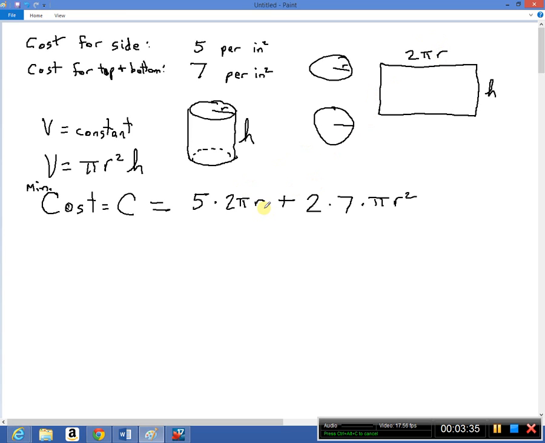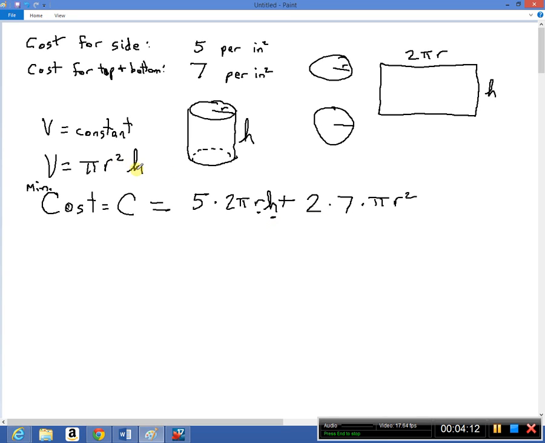So this is my cost function, but sorry, I made a mistake. 2 pi r h. I knew there's an h in here somewhere. So again, 5 times the cost of the side. The cost of the side is the area in square inches times the cost, which is 5. So there's the 5 times 2 pi r h. That's the area of the side. Plus 2 of these guys, which are each 7 cents per square inch times pi r squared, square inches for a circle. And this cost is now a function of both r and h,